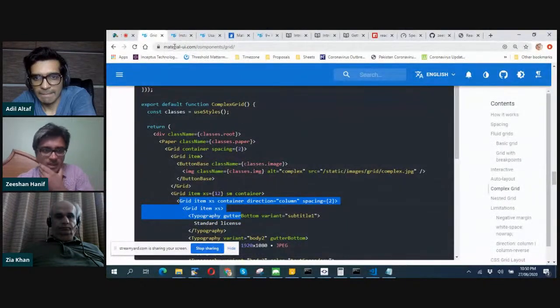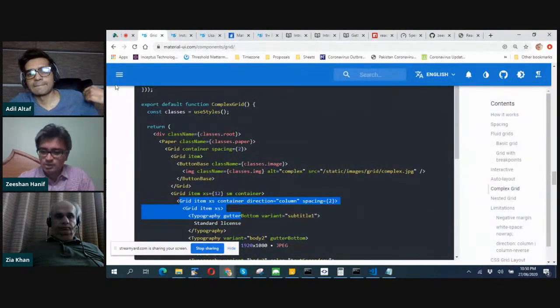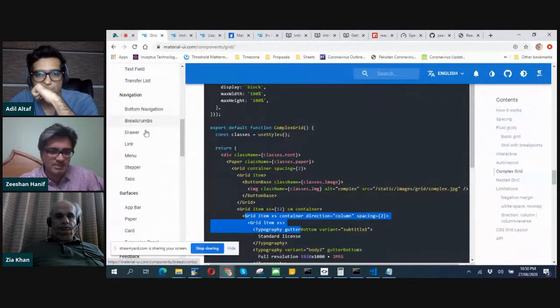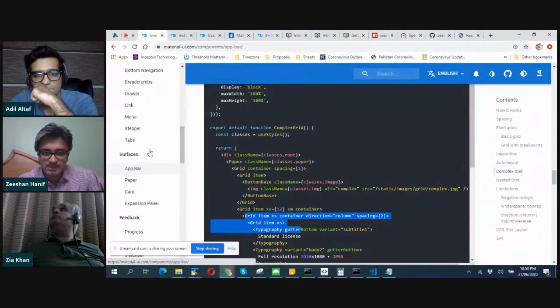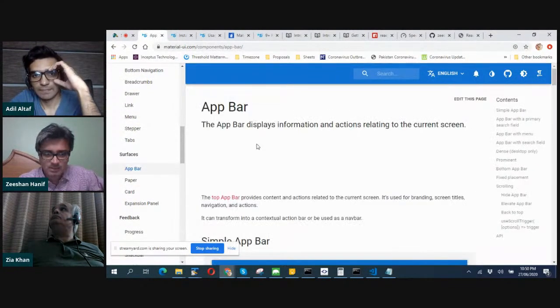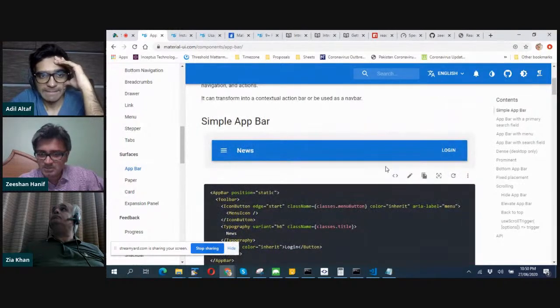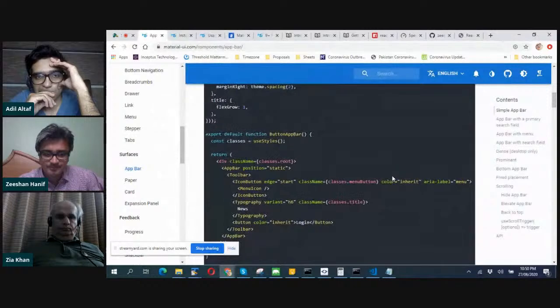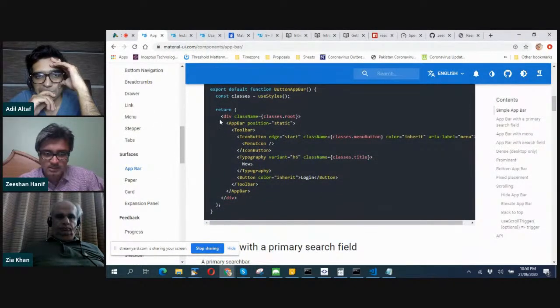Okay, so now you can use there are a lot of implementations. For example, let's say you want to use an app bar, like we have this. There is a very simple UI. You can pick from here and just